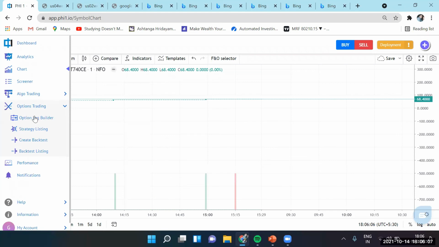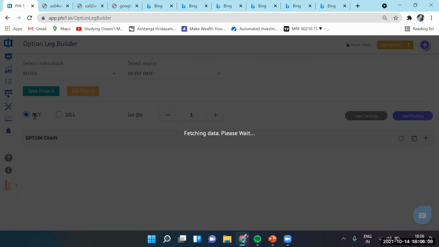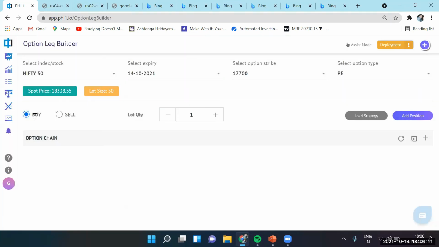Is there a way we can manually put the strike at the start of the day? The strategy would remain the same, but we just change the strike price, and then we can get the algo to run. Yes, you can. So send us your scenario in slight detail. Send it in writing, and we'll guide you how to run.